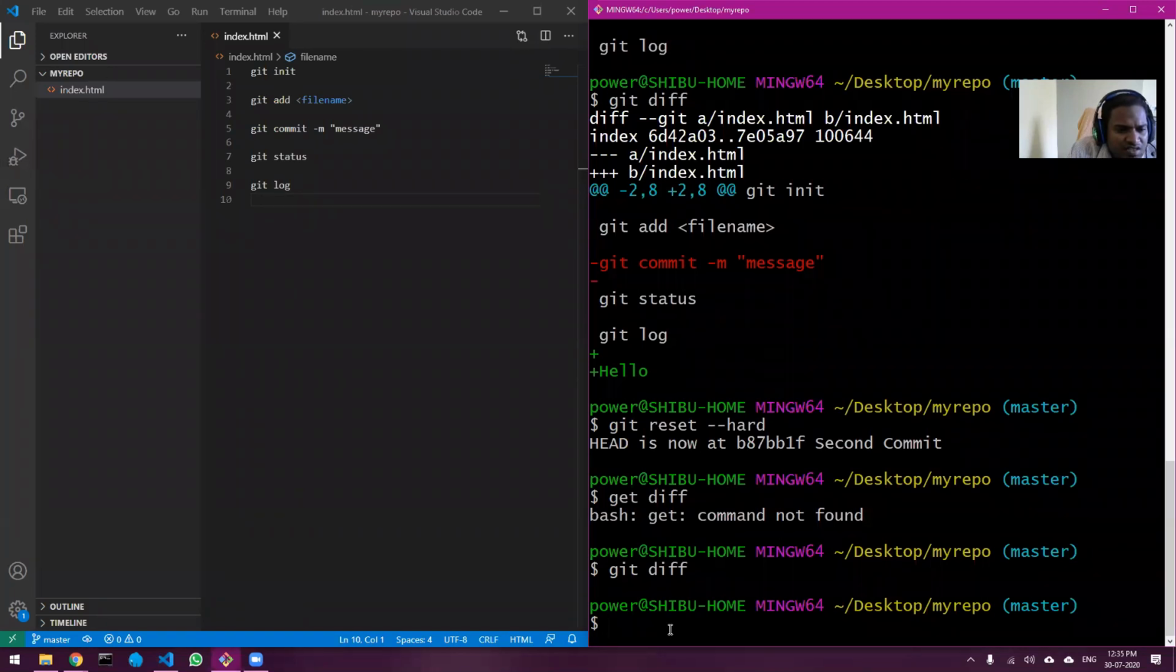Huzefa is asking, sir, how to get the git repository site through git? Is there any command? What is git repository site, Huzefa? Okay, till then I will clear the doubts of